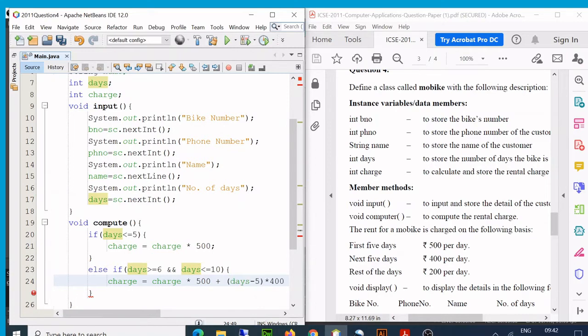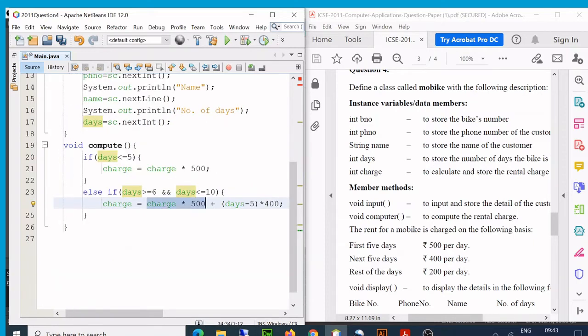Okay, days minus 5 into 400. Why? Because first 5 days, so if I enter, let's say 8 days, first 5 days it will be at this rate. Now days minus 5, so remaining days are 3 now. 8 minus 5 is 3. Those 3 days will be calculated at 400 rupees.